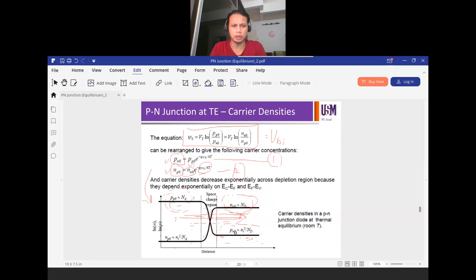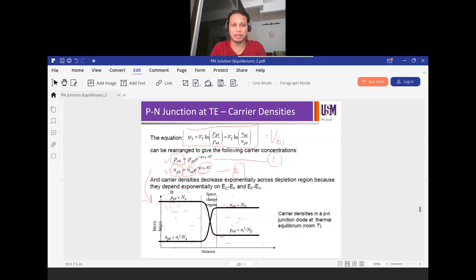Pn naught equal Pn naught, the equation with qVBI. Which one is it, Jasmine? This page? Okay, hold on. Okay, the equation at the very top, you just